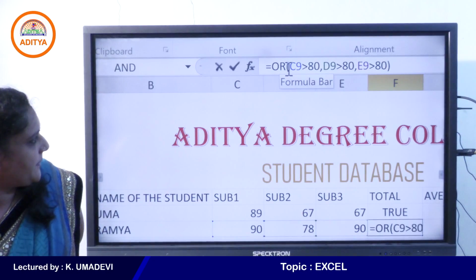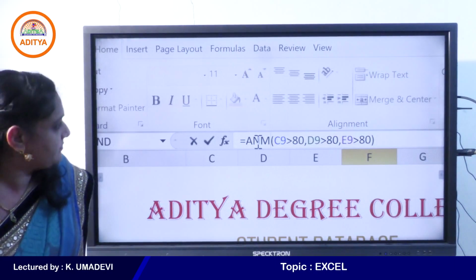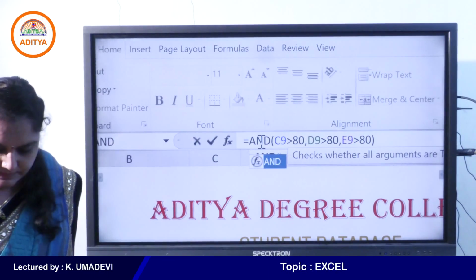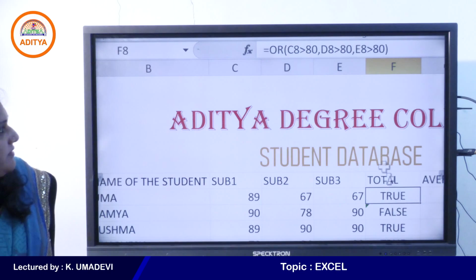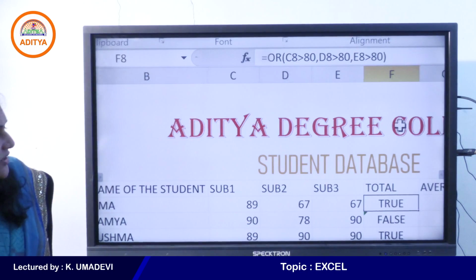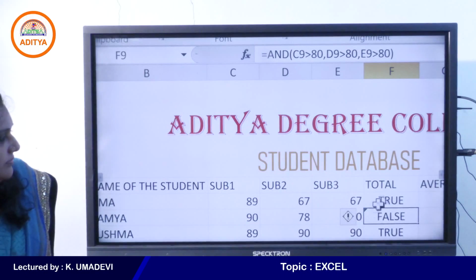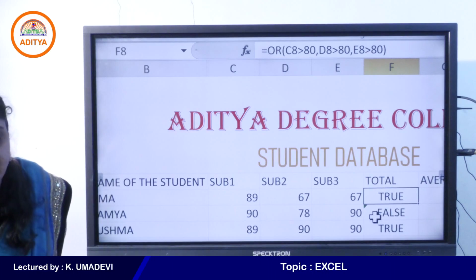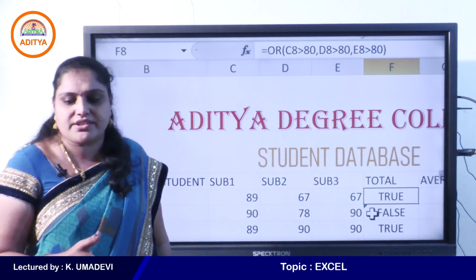I'll change the second cell to AND. So in the first one we use OR function, in the next cell we use AND function. But OR function returns true here and AND function returns false.